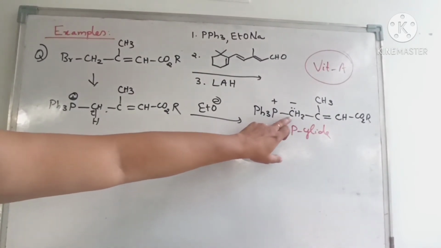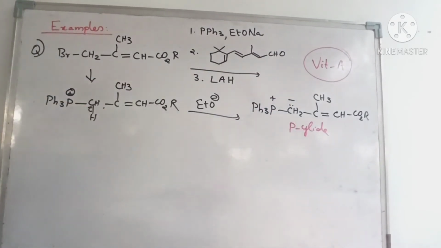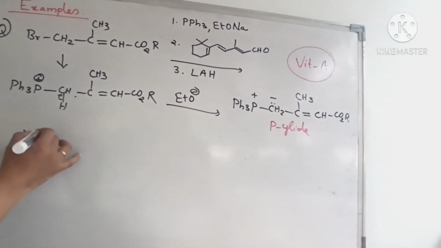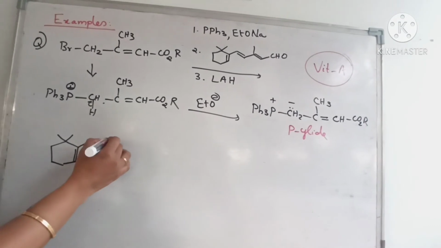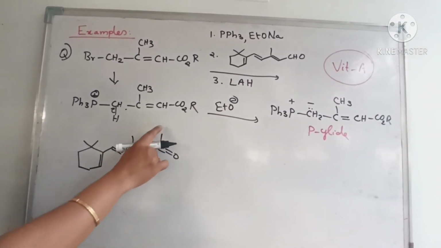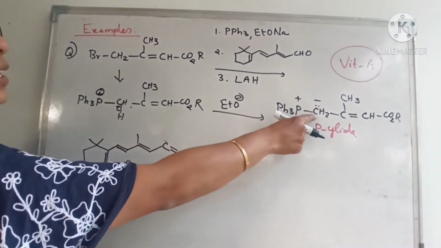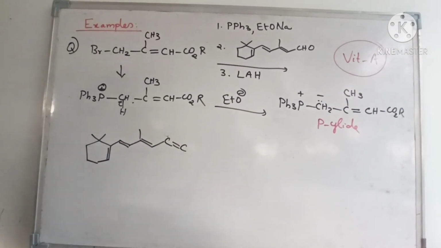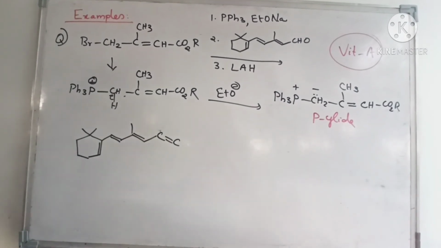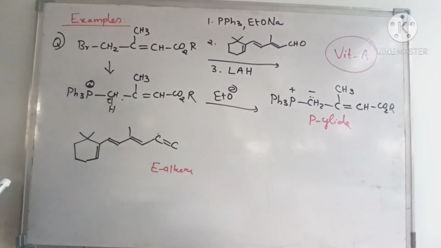So where will it form? This double bond will be forming over here, right? So let me write down the structure. You can practice, it's a very important reaction and very easy to write also. So this is our C double bond of hydrogen, right? Here the coupling will be happening over here. So that carbon I am writing over here. You have to write in that manner. It will have the E-alkene geometry, since it is a stabilized halide.